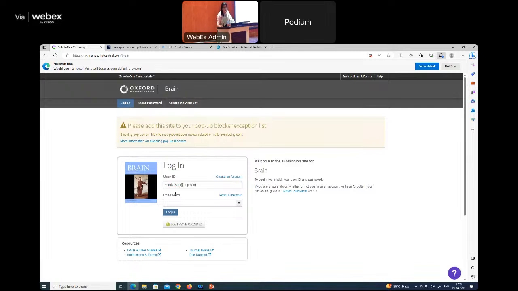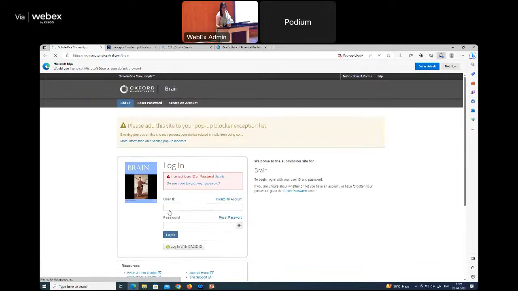So when you go to the submission site, it will ask you to create an account or to log in with your ORCID ID. Now, that is the best thing. I really don't remember my password, so I'm going to try my luck. And if it doesn't work, even if I try and reset my password, it will come to my office ID.